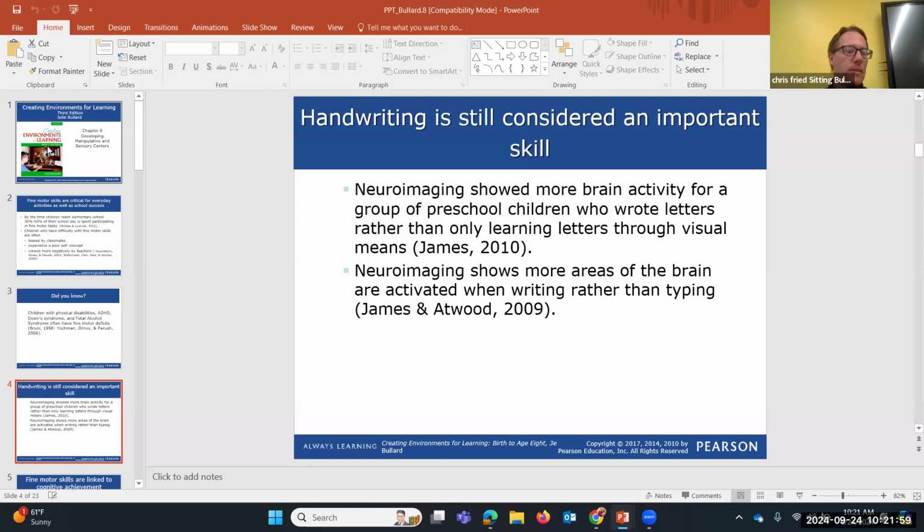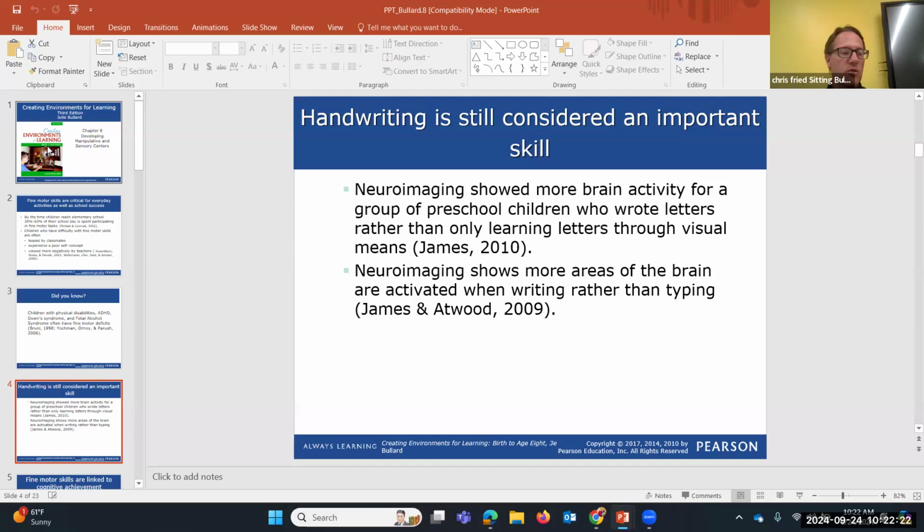Okay? In a recent study, researchers compared two groups of preschool children. One group practiced learning letters through visual means, and the other group practiced learning recognition through writing. Neuroimaging showed more brain activity for the group that wrote the letters. In other studies, more areas of the brain were activated when writing rather than typing.